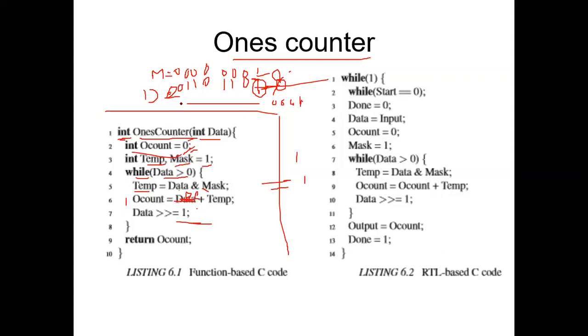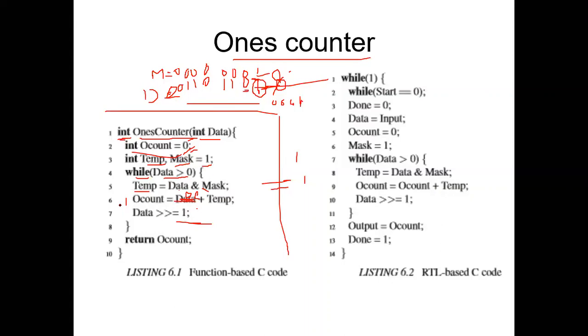If you are shifting it by one position, what was in the LSB, which was 1 in the previous case, will move out and be lost. The 0, 1, 0 will be appended at the MSB. So the data now becomes 0, 0, 1, 1, 0, 1, 1, 0, and here the LSB position is 0.